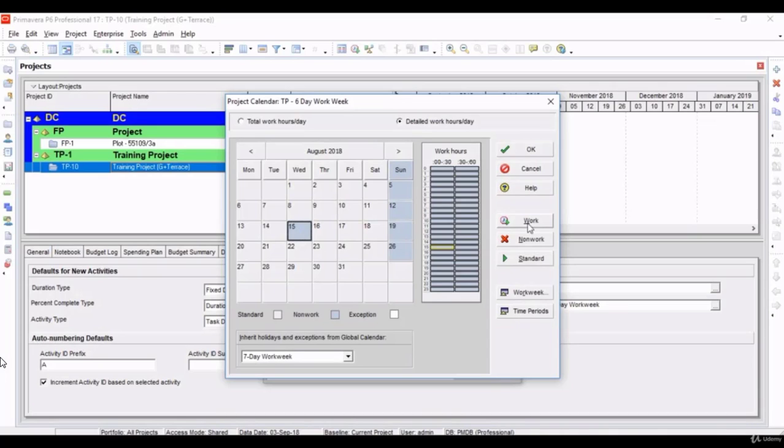But now let's just remove this. If I click on work, it is showing in white. If you look at the bottom, it is showing exception as white. But why white? Because the working hours for 15th August are now showing different. One thing you can do is you can manually change the working hours,